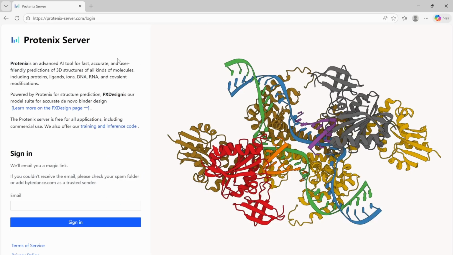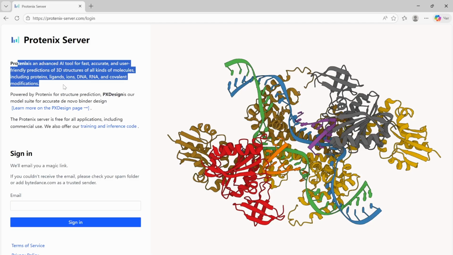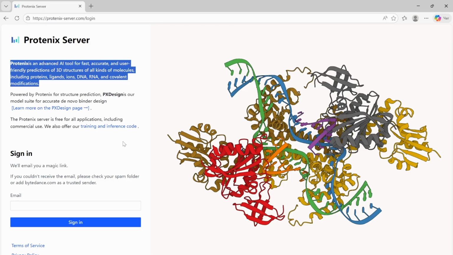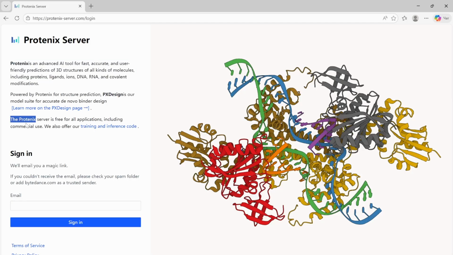In this video I show you how to predict a protein monomer structure with bound ligand and cofactor using Protenix Server. The Protenix Server is an alternative to the AlphaFold server, which allows you to predict monomers and multimers with bound ligands, cofactors. Besides proteins, it allows you to predict DNA, RNA structure, and also add various covalent modifications to those